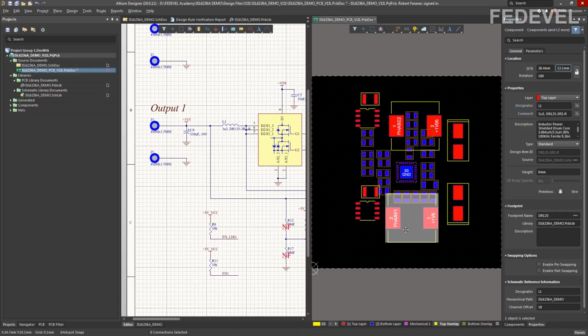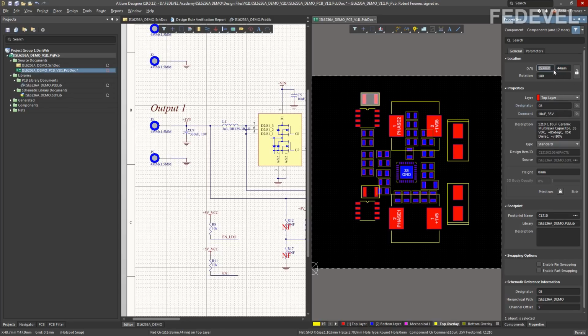Left click on the next inductor, we are going to use 27.3 and 13. Left click on this capacitor, here use 16.6 and 44, and left click here, use 16.6 and 20.